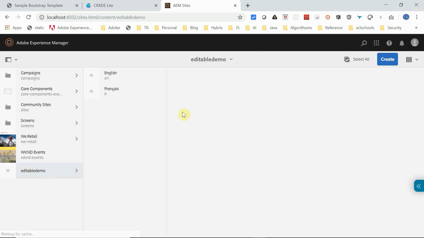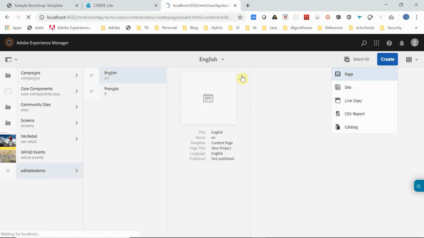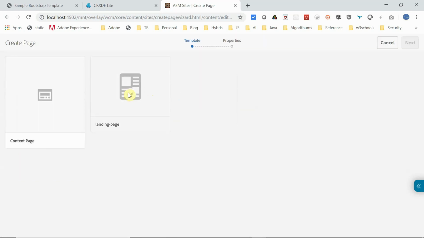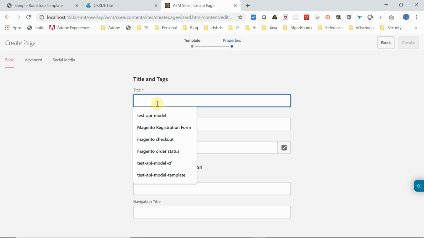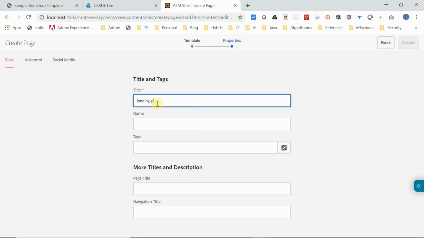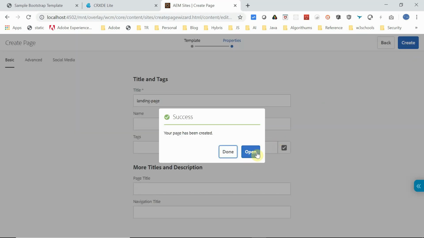Okay, editable demo. Maybe I will create some sample page here. Yeah, select the template. It's a landing page template. I will go next. I will name it landing page only. Create. Just open this page.